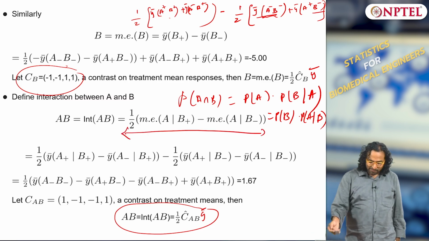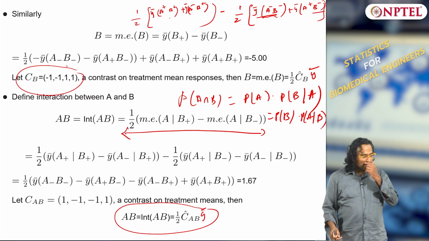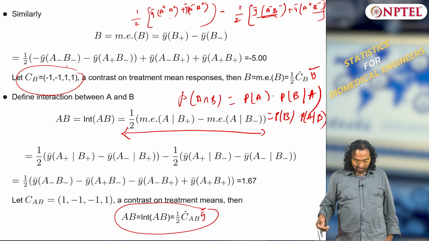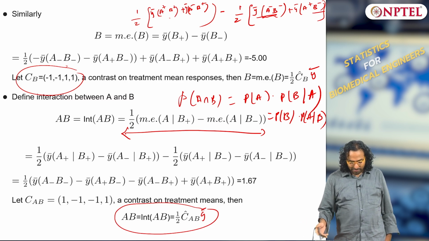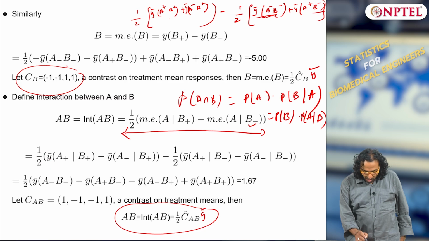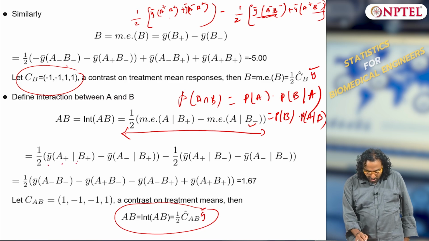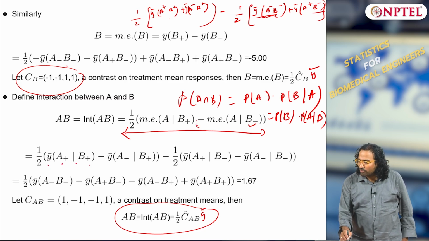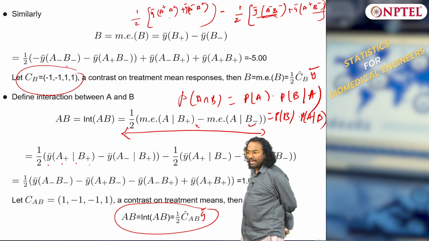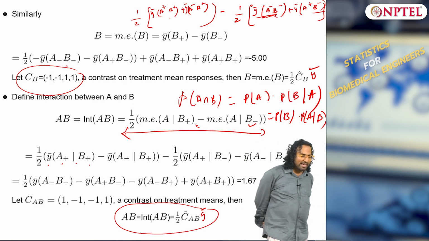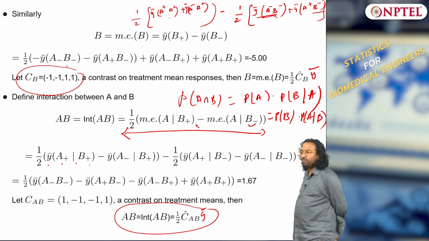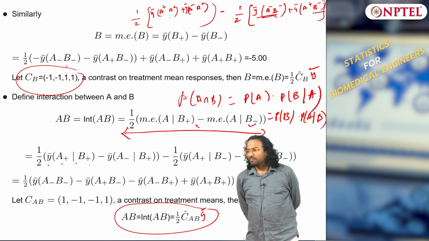Now the first itself will be 2 terms, because you will have A plus and A minus, and the second you will have A plus and A minus for B minus, okay. So this is what I have, half into y bar of A plus. So you all understand how you got the first equation? A given B plus minus A given B minus. So A given B plus minus A given B minus.